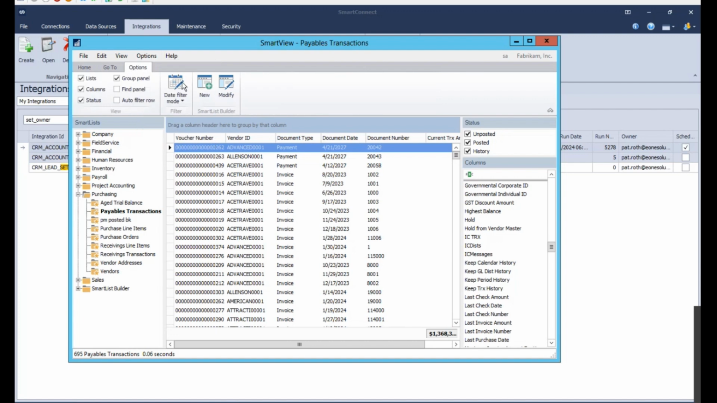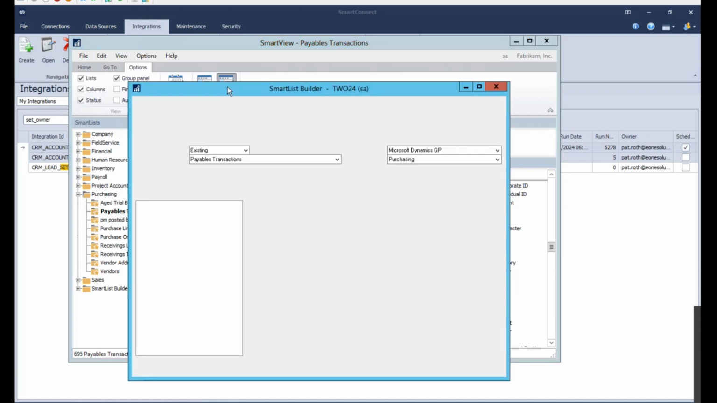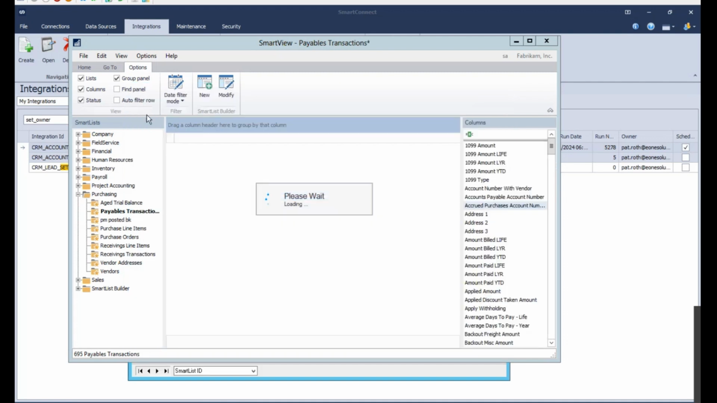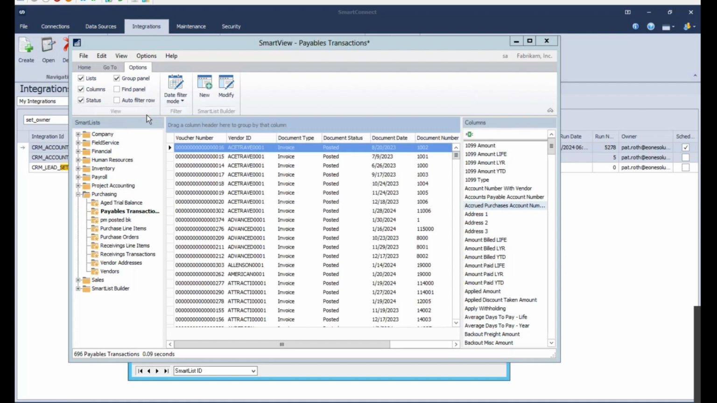So if we modify the report though, so now I just hit the modify button, it opened it up in SmartList Builder, and I'm not going to really change this. I guess I could maybe add an extra field as the default. It's fine. I changed the report name to just show it really easily, so we can see on SmartView that it's being changed. So if I save it, SmartView was already open, and so it automatically pulled it and ran